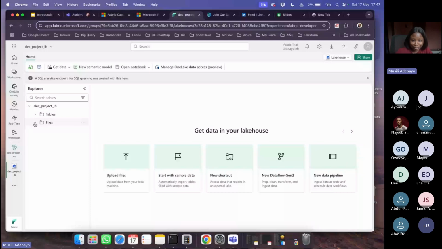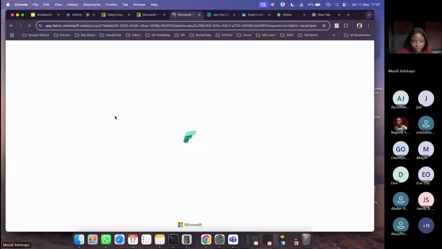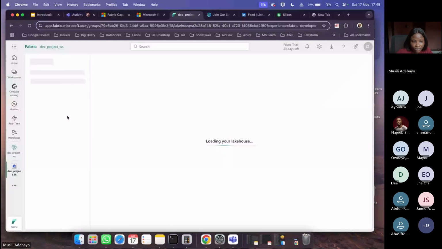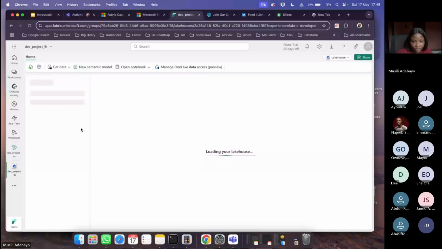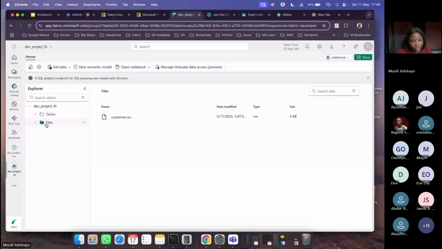I can't find it though. Do I refresh the interface? Oh, yeah, it is. So I have the customer CSV file that I just uploaded, which is in the files section